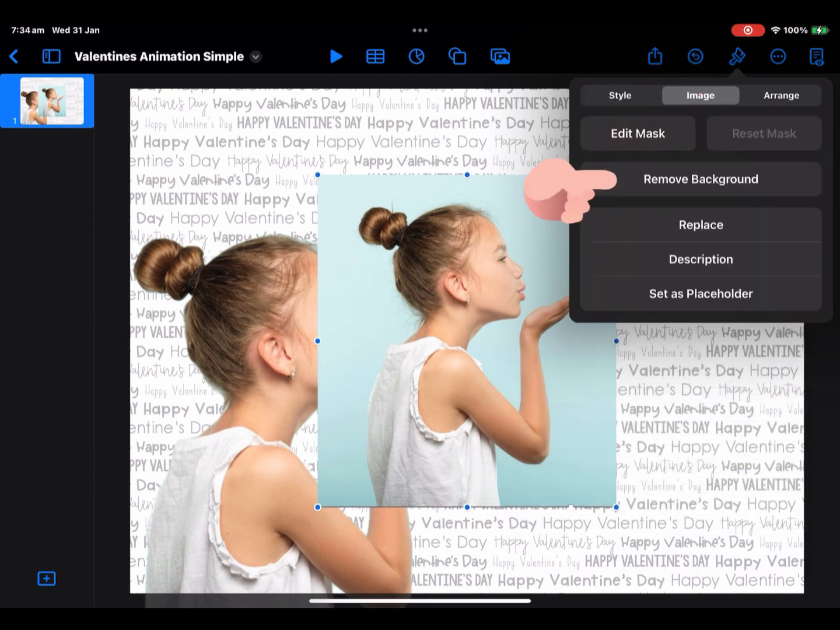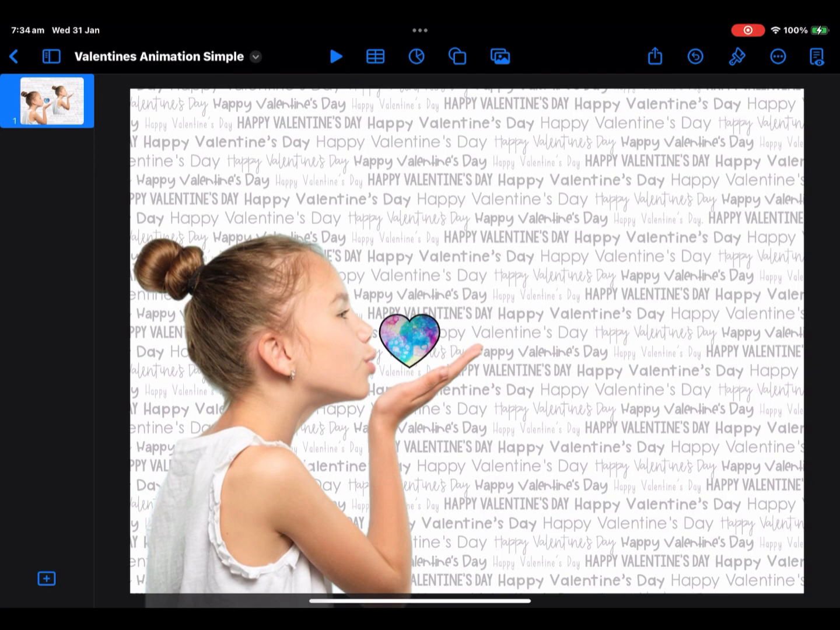choose remove background. So now that you have your image in Keynote, we're wanting to move it to the bottom left-hand corner of the slide and resize it if needed so that it fits perfectly around those love hearts. If the love hearts aren't in the exact right space, I'll show you in a minute how you can move them around. We also want to move this image to the back of the slide so that it sits behind